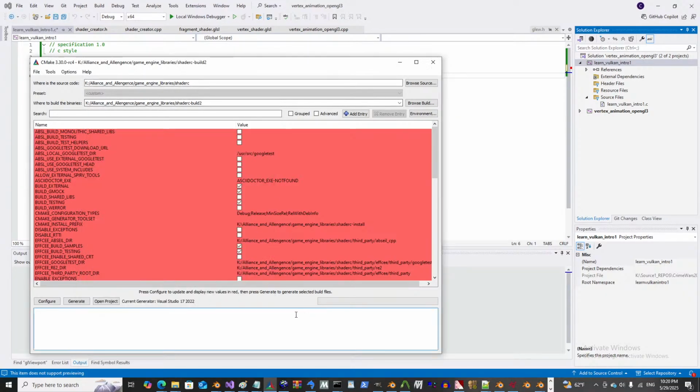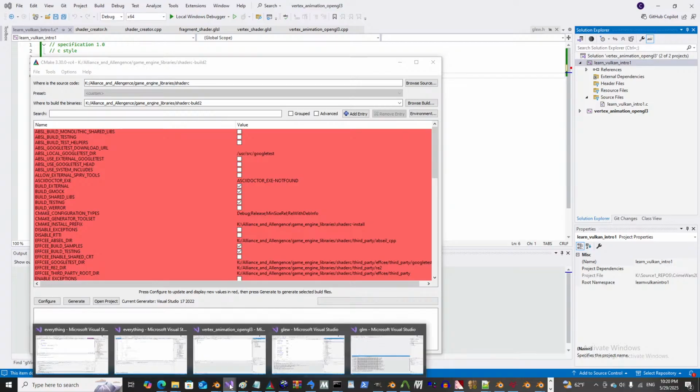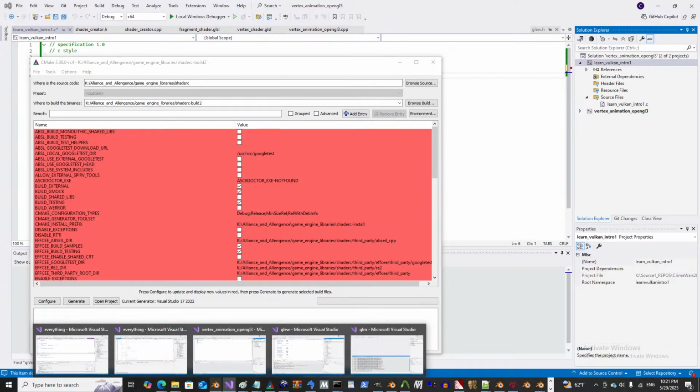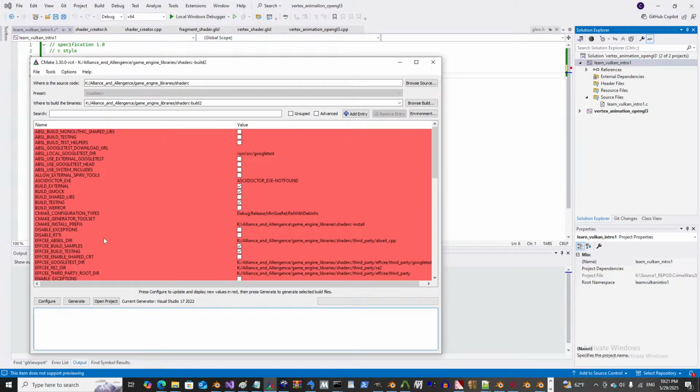You build it, you open it later in Visual Studio, build it again, build the install, and the install will install it. So make sure you install it somewhere you know. So for example, I put my CMake install prefix to my game engine's library shader.rc install. So you'll need to build both